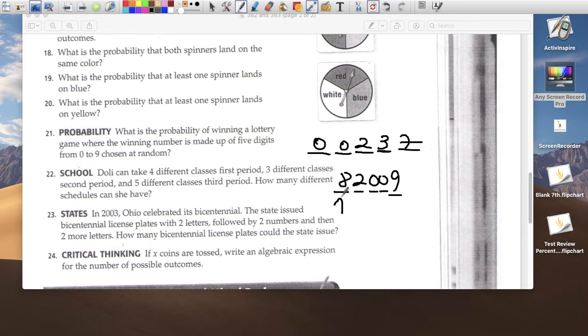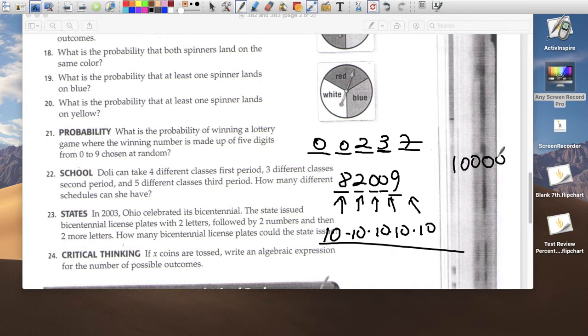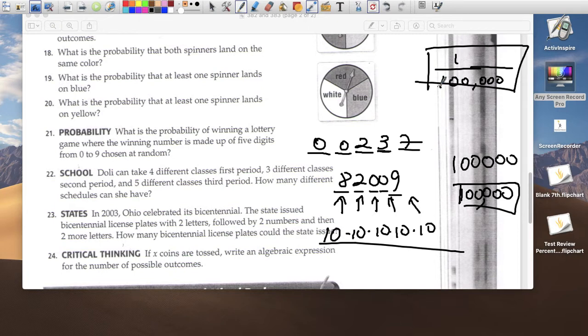On the first space here, I had 10 different choices. On the second space, 10 different choices. On the third space, 10. On the fourth, 10, and on the last, 10, assuming that can be repeated. So multiply that out, and you have 5 zeros. 1, 2, 3, 4, 5. You had 100,000 choices. So the probability of you winning would be 1 out of 100,000, which is better than the Mega Millions Powerball I showed you guys